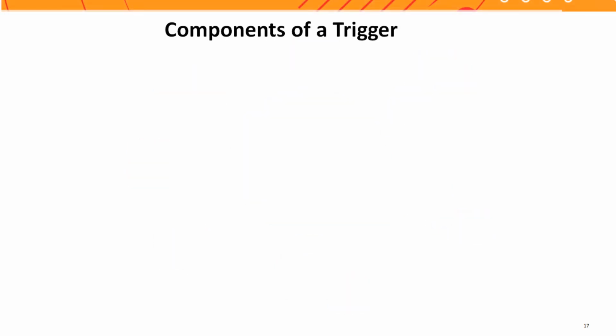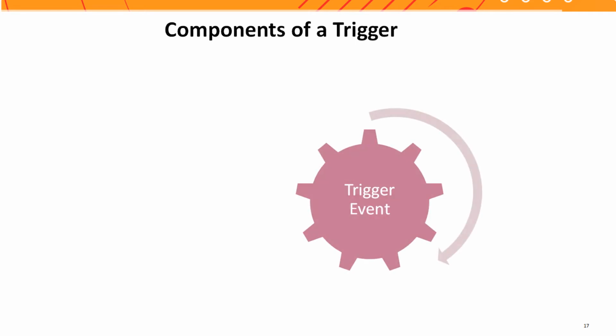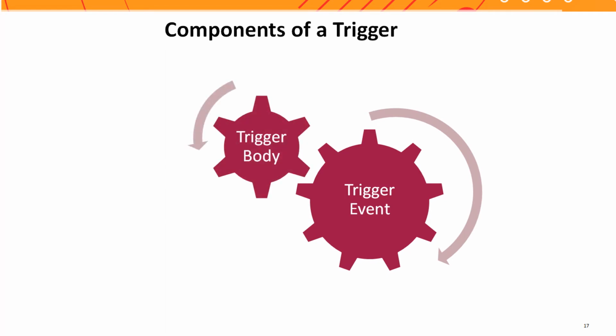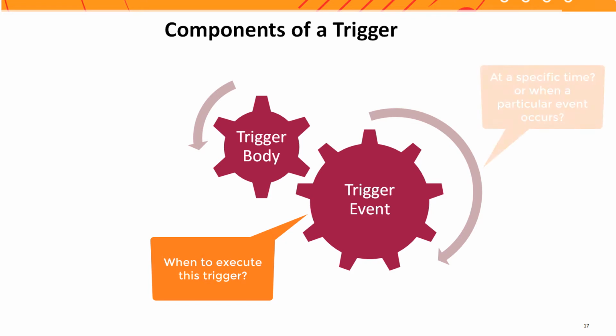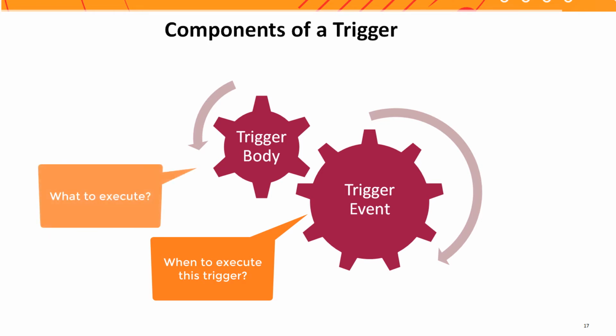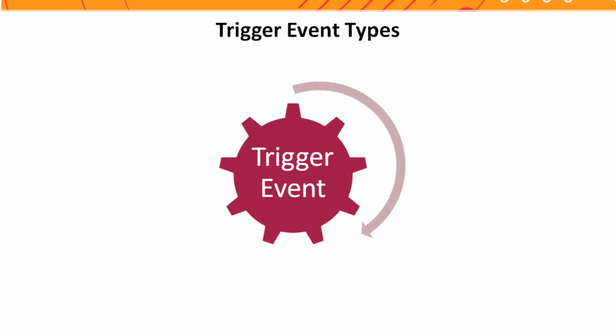Before proceeding further, let's look at the components of a trigger. A trigger is made up of a trigger event and a trigger body. A trigger event determines the condition which prompts the database to fire the trigger automatically. You can even specify a time when the trigger is expected to be invoked. However, defining triggers that are invoked based on events is more common. As the name implies, the trigger body consists of a set of PLSQL statements that gets executed whenever the trigger is fired. Let's explore the triggering events further.